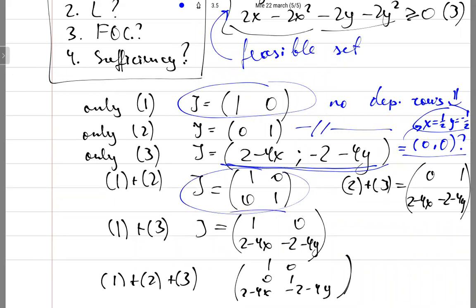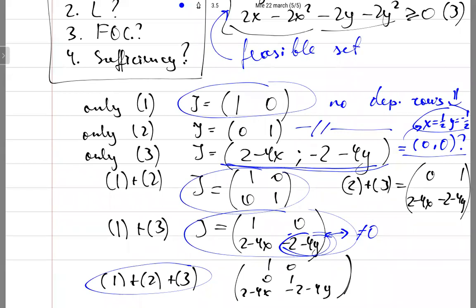Once again, this is non-negative, non-zero. The element -2 - 4y is non-zero, so the rank is once again 2. This situation is not possible at all. Both inequalities hold, so I cannot have 3 equalities. I cannot have x equal to y, x equal to 0, y equal to 0, and